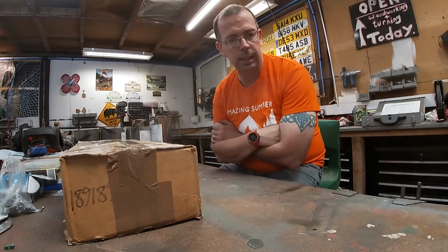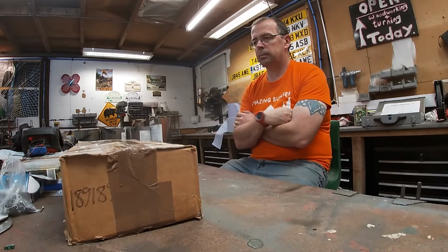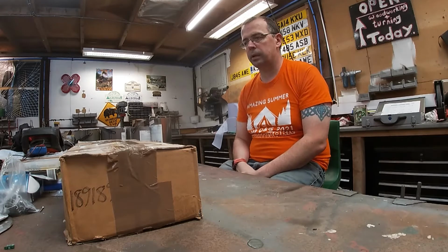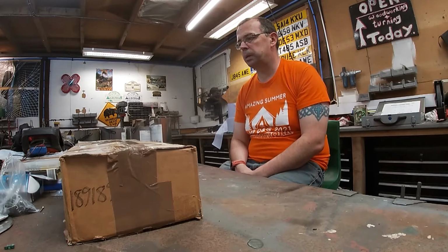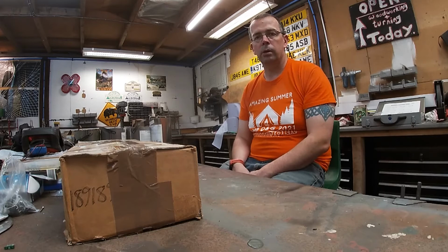Right, today we are going to do something a little bit different. It's all Pinzgauer related. This bit of kit here that we have is a piece of equipment for the Pinzgauer. It's one of the regular service items that would be in it. This has just arrived sealed, so we're going to open it up and we'll see all the goodies that are